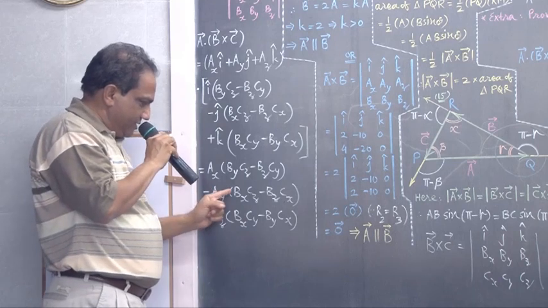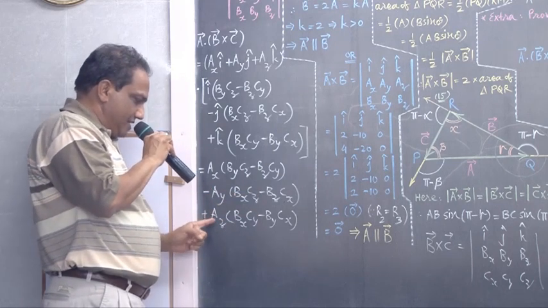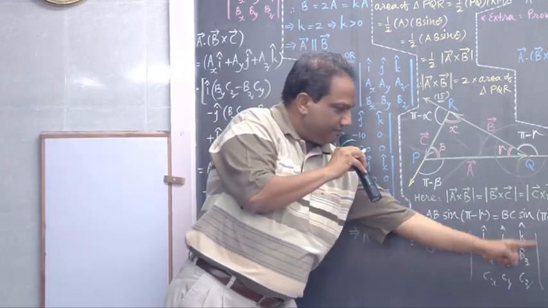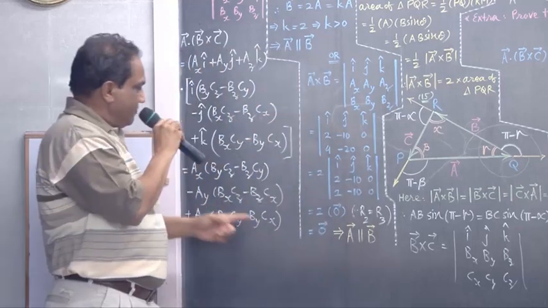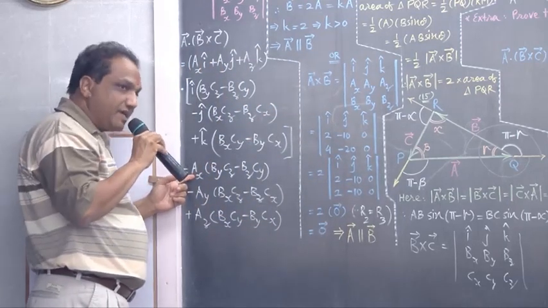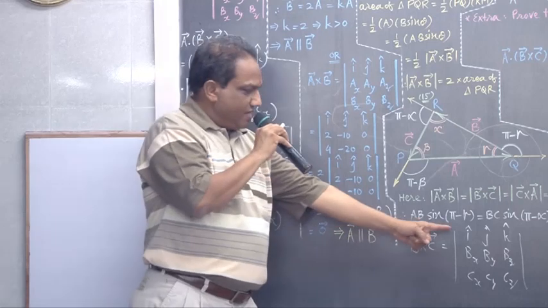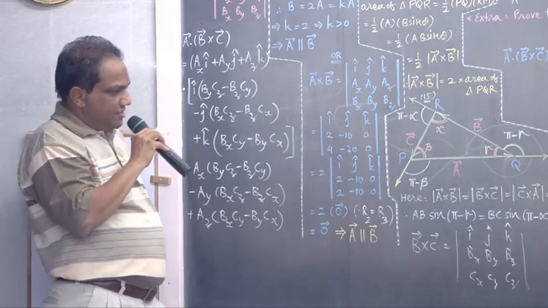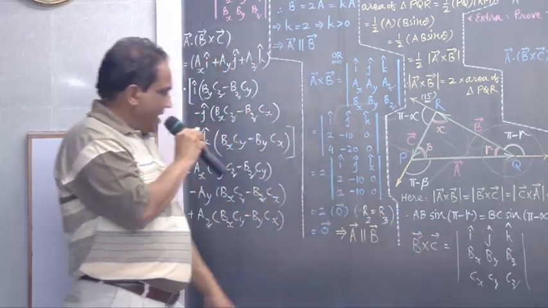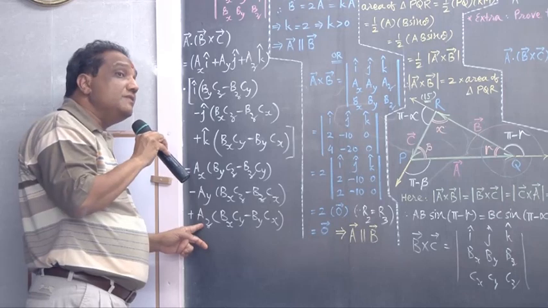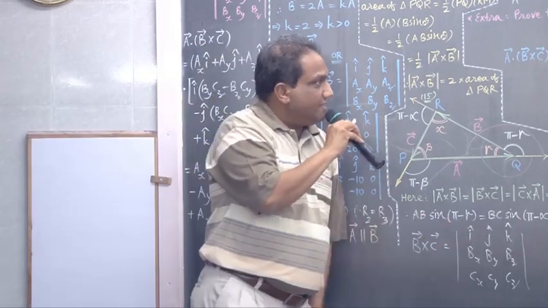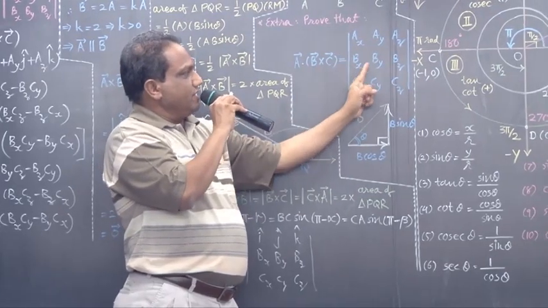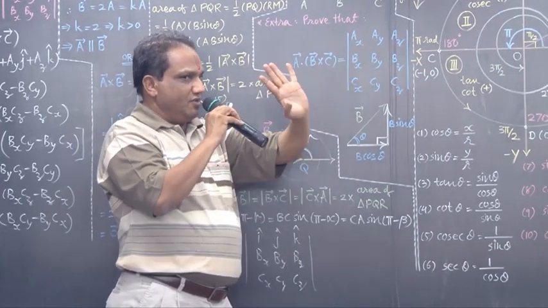Here minus j hat into this, here plus k hat into this, then it is nothing but the expansion of this determinant, correct? Instead of i hat, what do you get? Ax. Then here I should write Ax. Instead of j hat, what do I get? Ay. So here I should write Ay. And instead of k hat, what do I get? Az. So here I should write Az. And then it will give you this: Ax, Ay, Az, Bx, By, Bz, Cx, Cy, Cz.